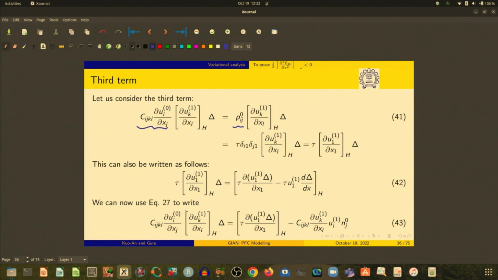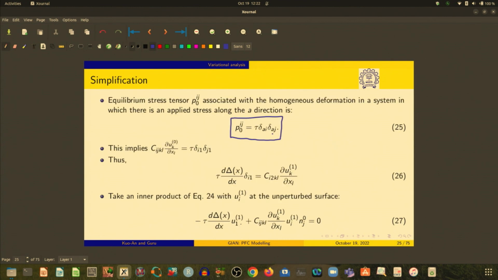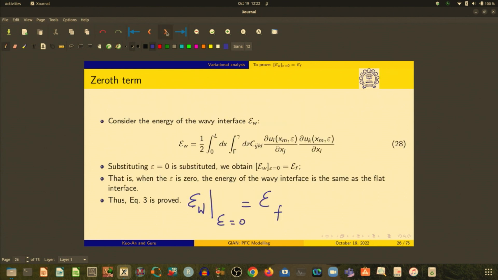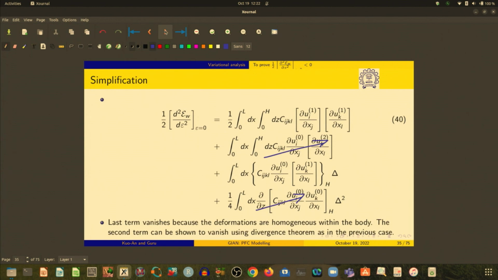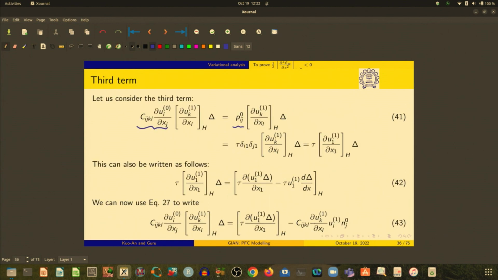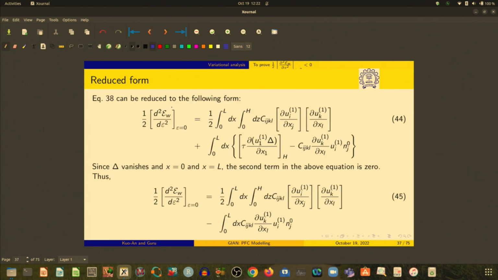So, you can write the equation 27 that we derived, this one, right. I dotted with u_1 and I got this expression. This expression, again purely algebraic manipulation, can be written as this. Now, the total term you can write: you have this term and you have this term. Here again you can see that there is a delta here. So, if you integrate this, this term will vanish. So, you will be left with these two, and for this now you can use your